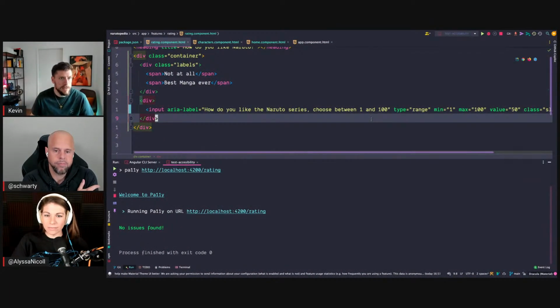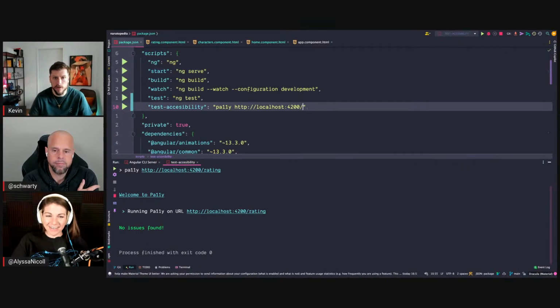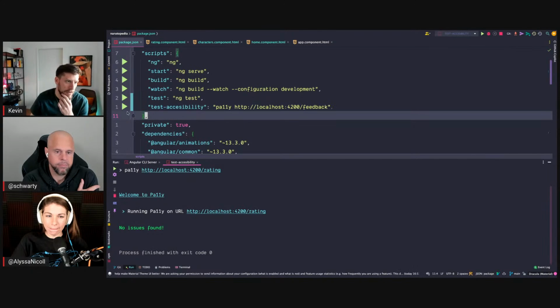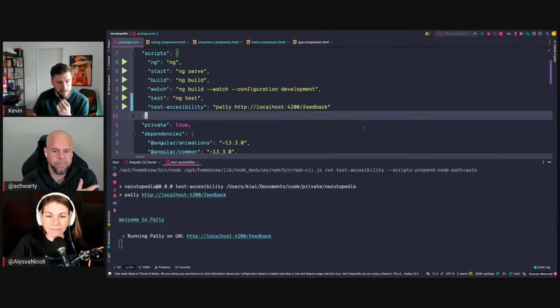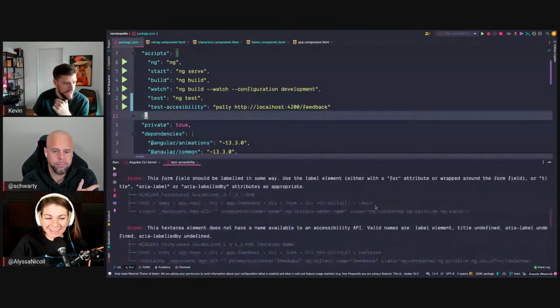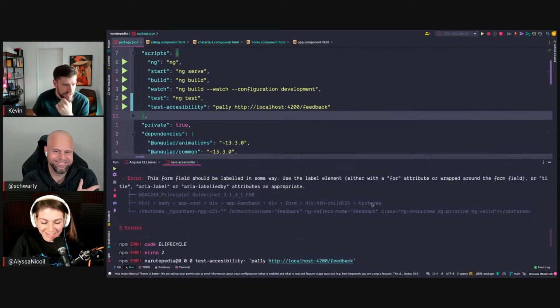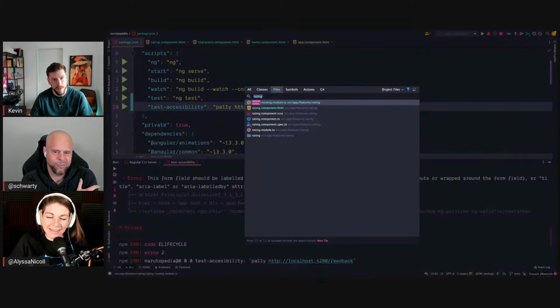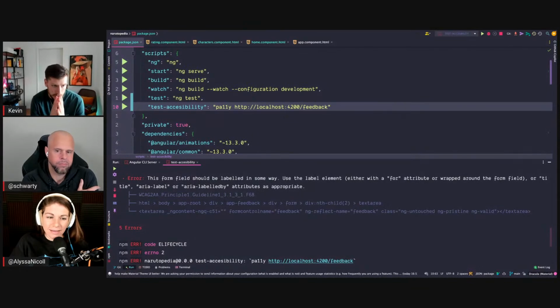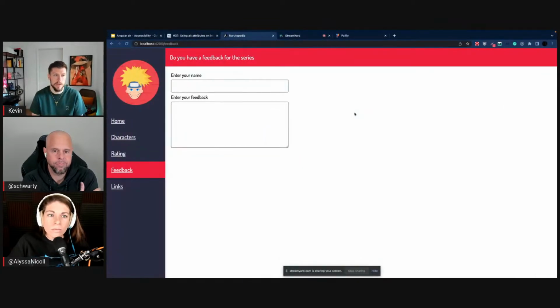And let's quickly adjust our test and just call it the feedback route. And now on the feedback route, we get a lot of errors, 5 errors. And let's maybe start with the one on the bottom. And the one on the bottom says that this form field should be labeled in some way. So use the label element either with a for attribute or wrapped around the form field. So we see that we have a label. We have "enter your feedback" for the text area, and we have "enter your name" for the input field, but